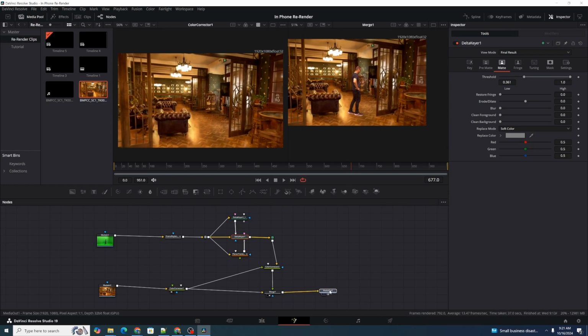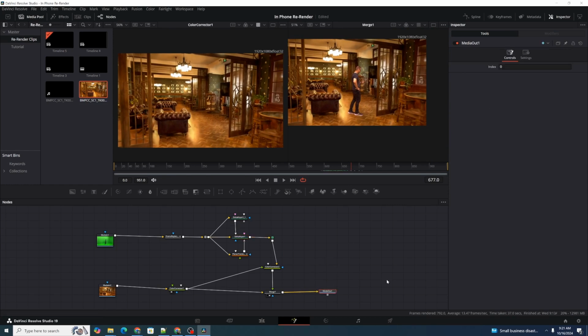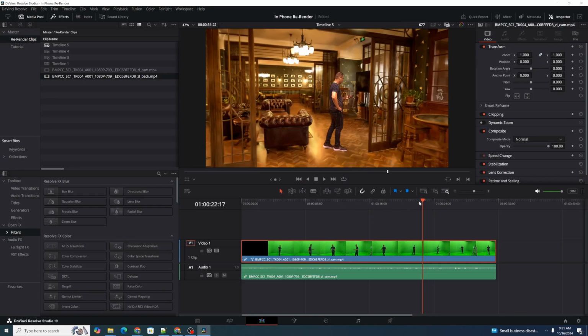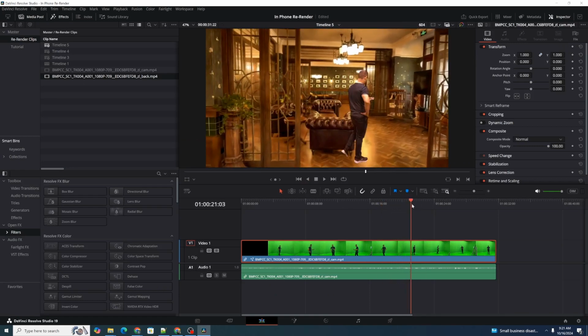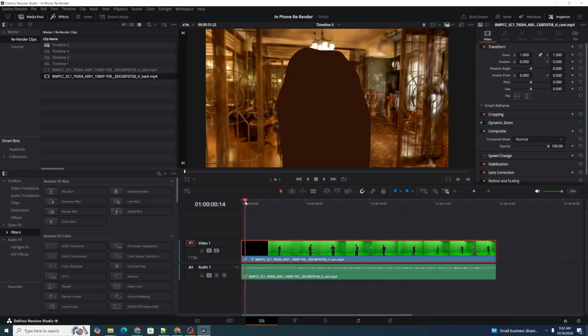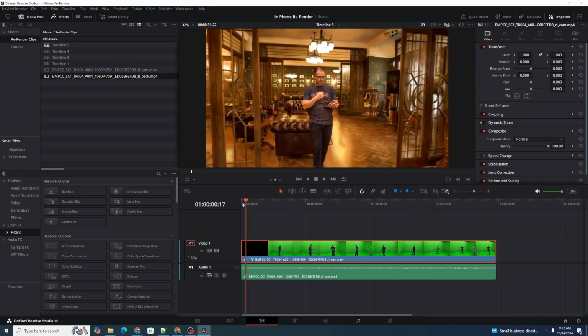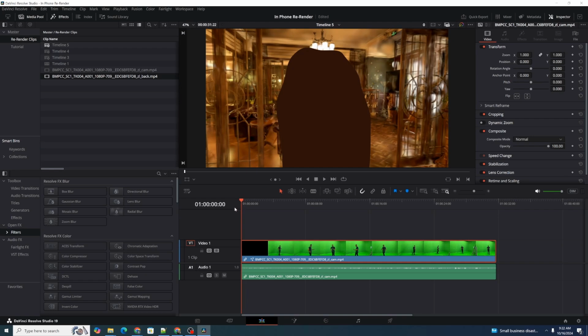So we have the output of the merge going into the media out node, so that if we go back to our editorial timeline, we scroll back and forth, we are seeing the finished composite in the timeline. And we can set our in and out points here. The very first frame was black on the Cam Original, so we're going to have a kind of a strange frame 1. But we can click I to set our in frame and O to